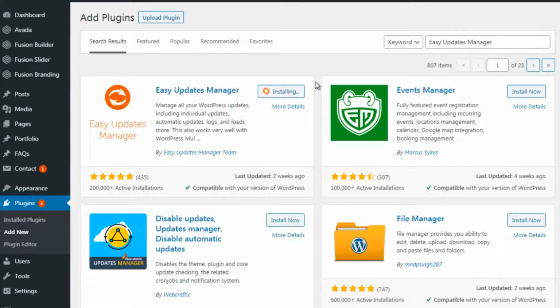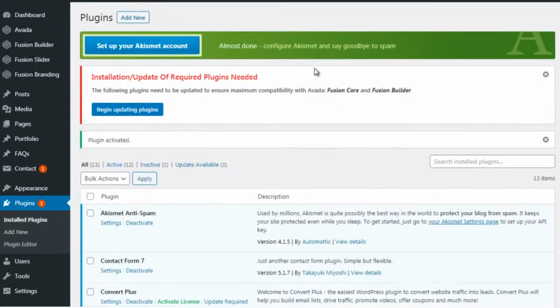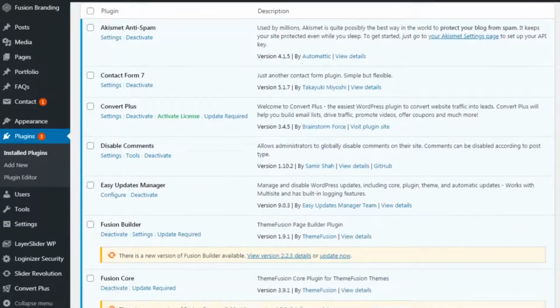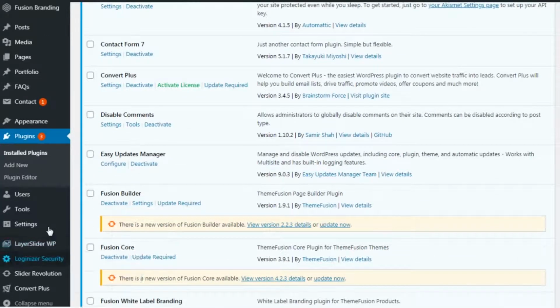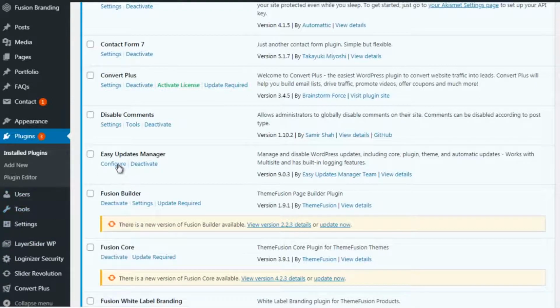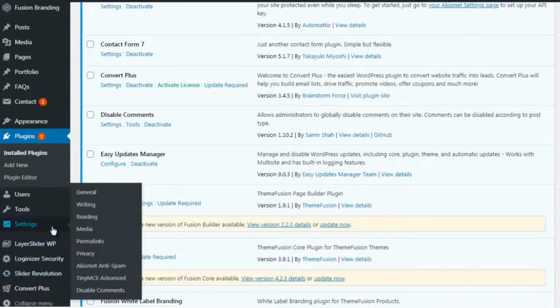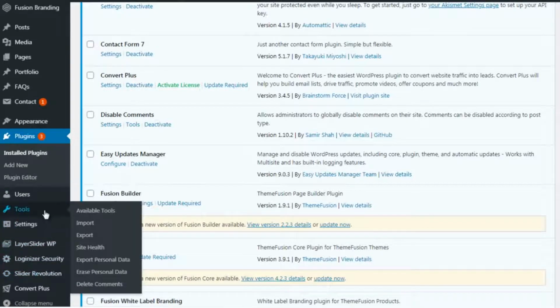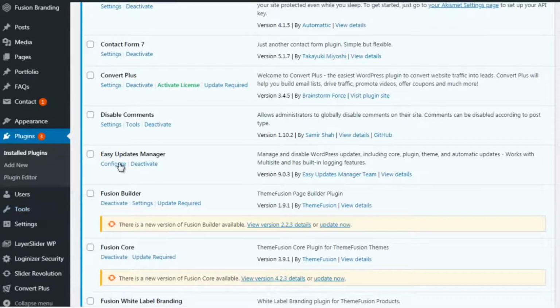And then of course, we'll click on activate once that is done. All right, so click on activate here, and let's just take a look at this particular plugin. So I'm going to close these down, and we will look for the location. So configure, there's a configure. Sometimes you'll find it on the left-hand side. Sometimes it's under settings, and sometimes it's under tools. Based on what I'm seeing here, it's simply this configure button. So we're going to click configure,